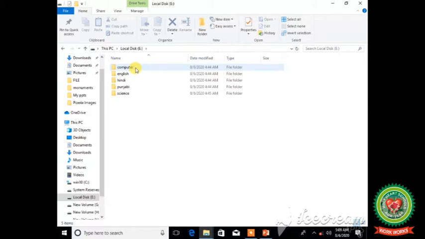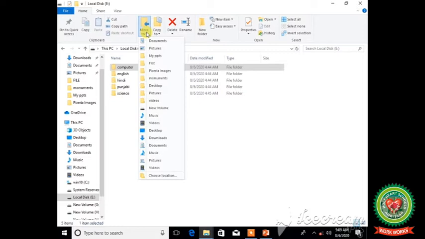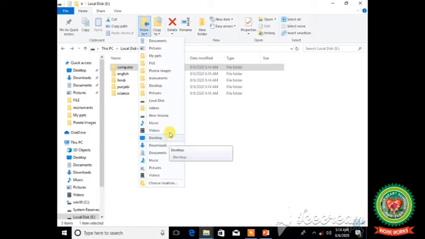For this, firstly, select the computer folder by clicking on it. Then, from the Organize group, click on the Move to drop-down button. From this pop-up menu, I am going to click on Desktop because I want to move my computer folder from E drive to desktop.